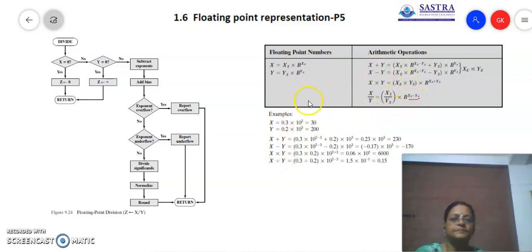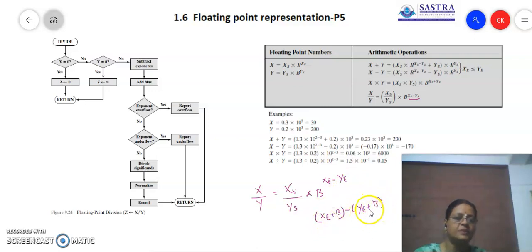Okay. Now when we take these two numbers x by y, we will have the significand portion of x and the significand portion of y, and they will be divided. And coming to the exponent part, we are just going to subtract xe minus ye. Now already we know that xe will be represented with one bias, xe plus b, and ye also will be represented with one bias, which is nothing but ye plus b. So when we represent the numbers, we know that exponents will be biased. Now if we subtract this, what will happen? You will get the answer as xe minus ye, and this plus b and minus b will be cancelled out, so there is no bias for this value. So the bias also will be cancelled.